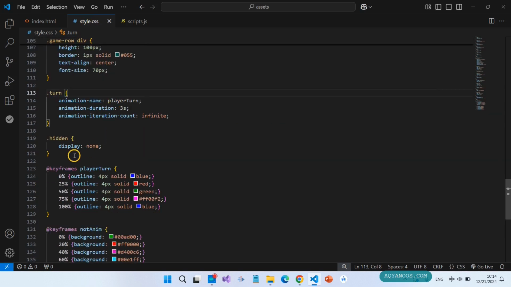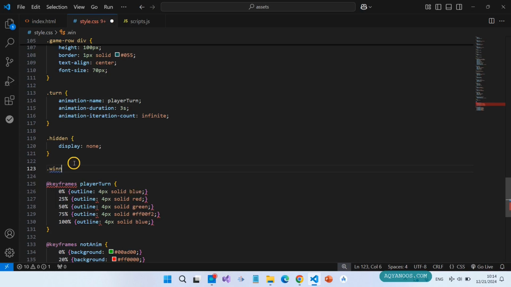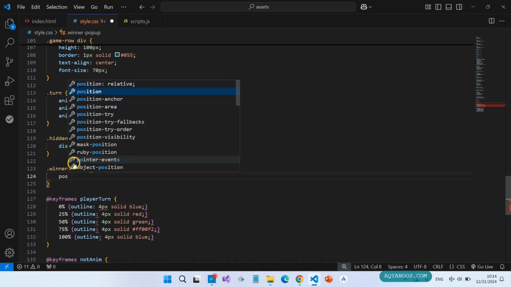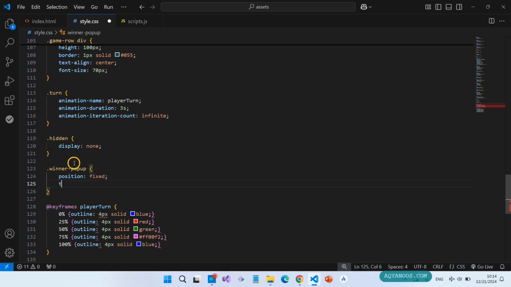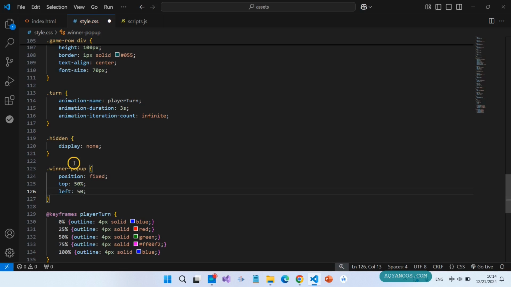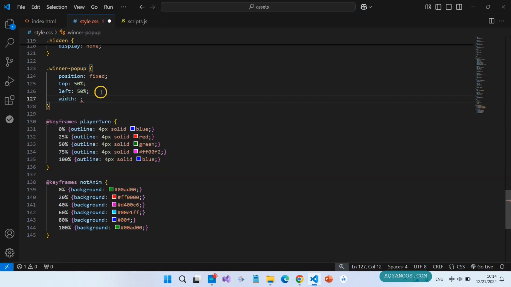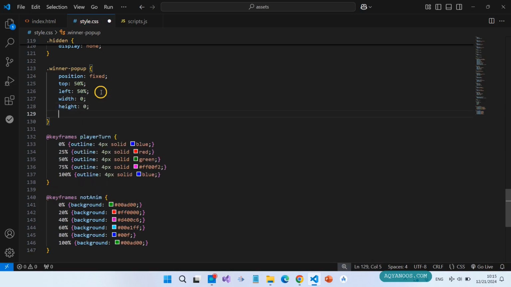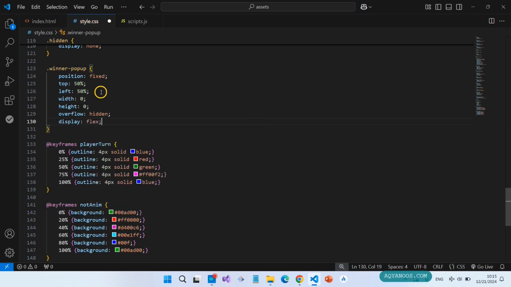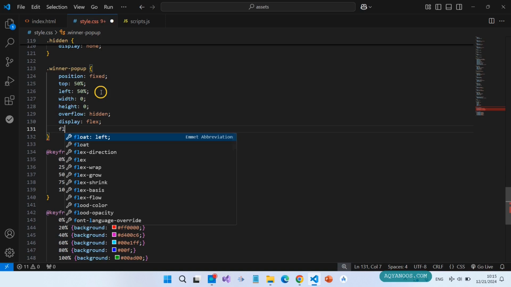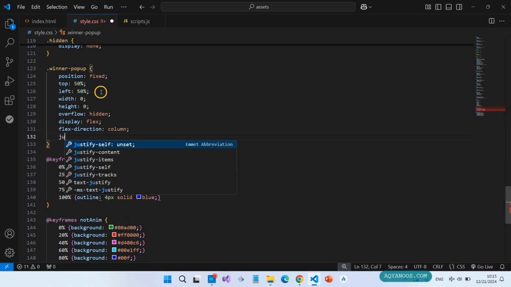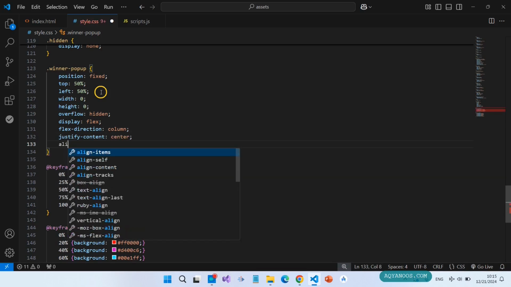Go to the style.css, .winner pop-up, position fixed, top 50%, left 50%, width 0, height 0, overflow hidden, display flex, flex direction column, justify content center, align items center,